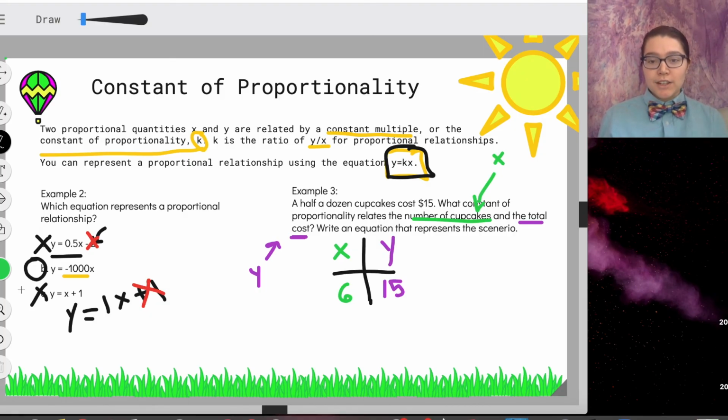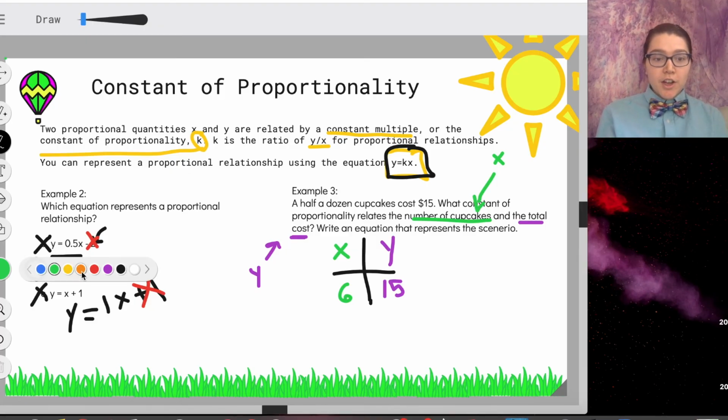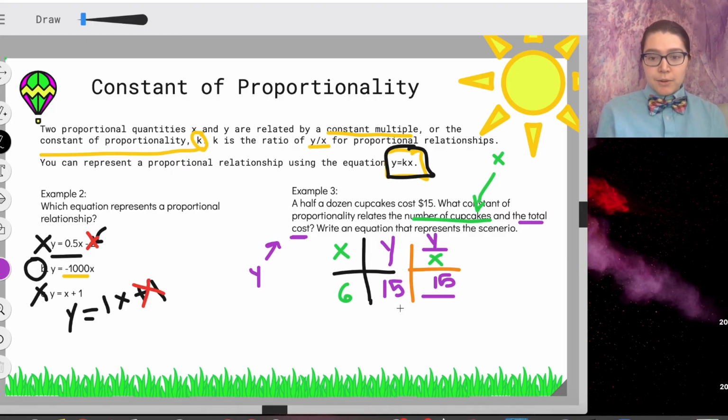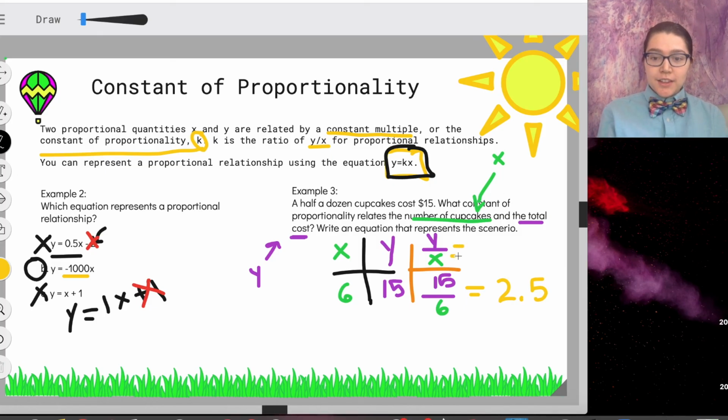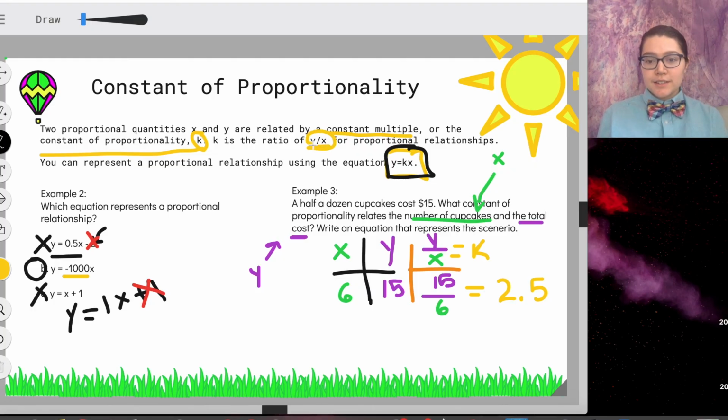What is the constant of proportionality? Well, we can always find that constant of proportionality by taking our y and dividing by our x. Cool. So my y value is 15, and my x value is 6, so I'm going to do 15 divided by 6. And what is 15 divided by 6? That's going to be equal to 2.5. So that is equal to k, because k is the ratio of y divided by x. So k equals